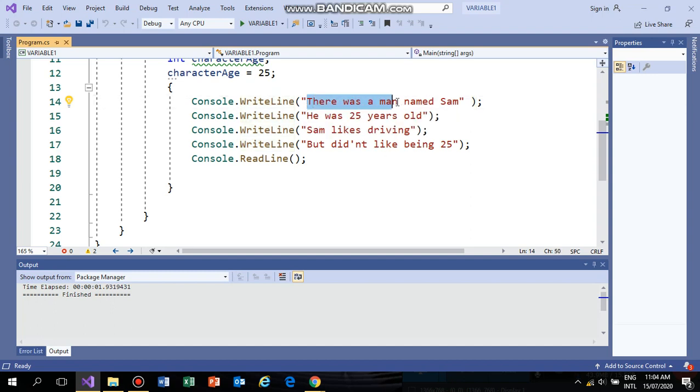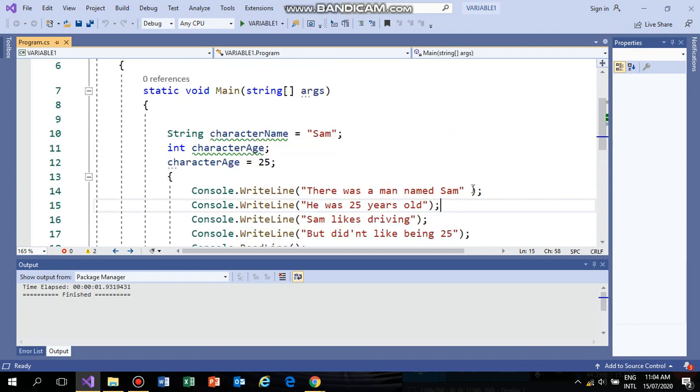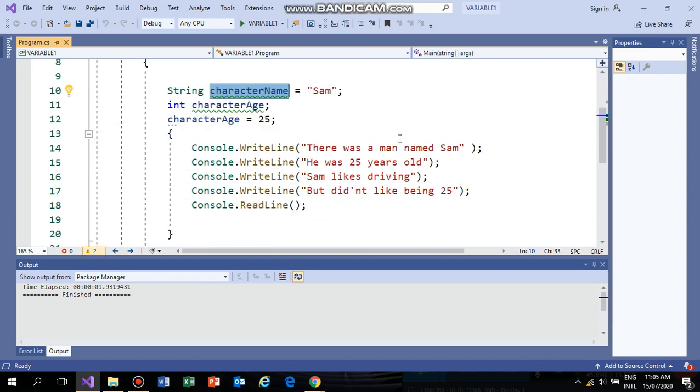For example, there was a man named Sam. What I'm going to write here is the same name, and I use character name for the name Sam because it's in string form of data.